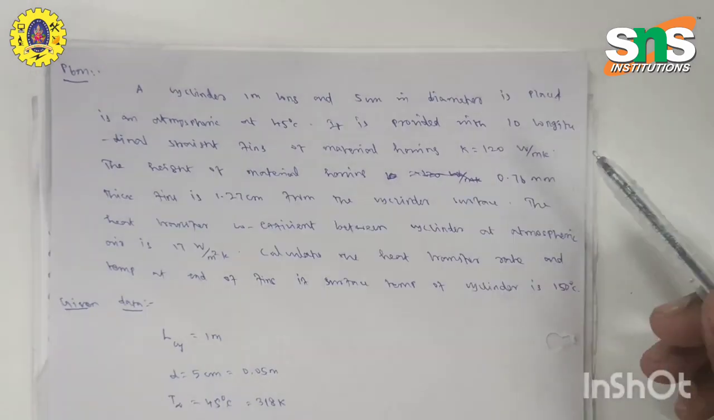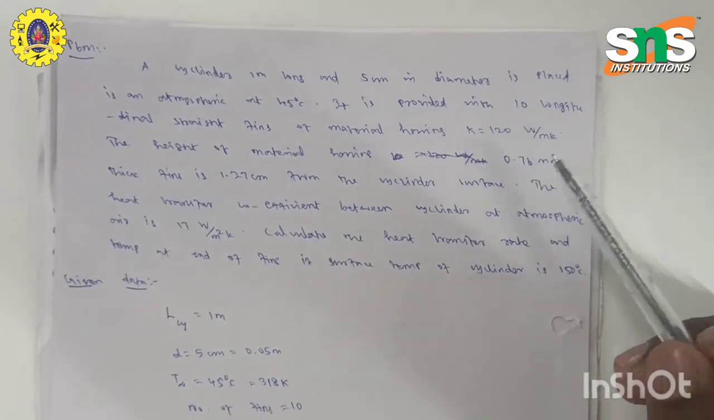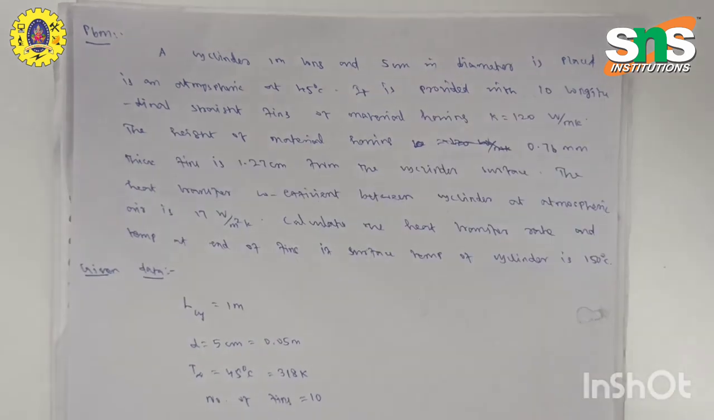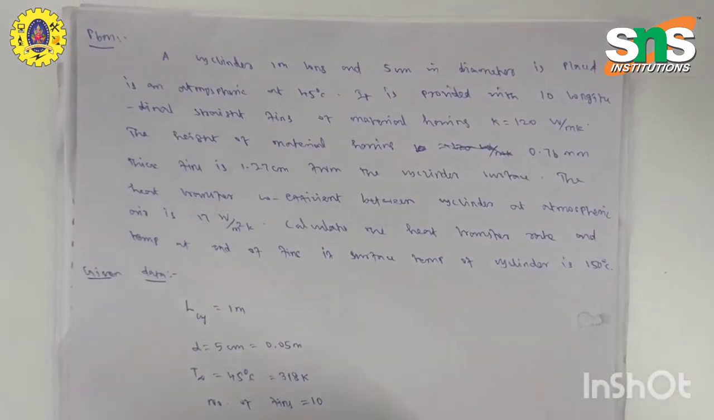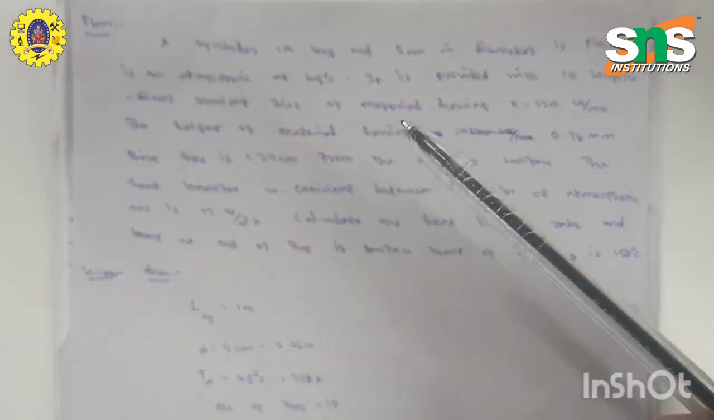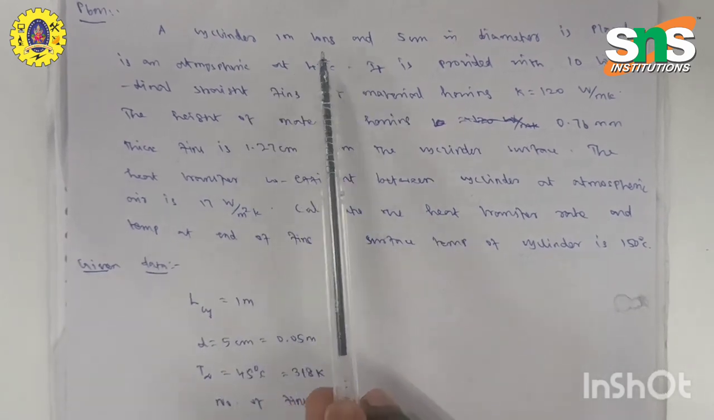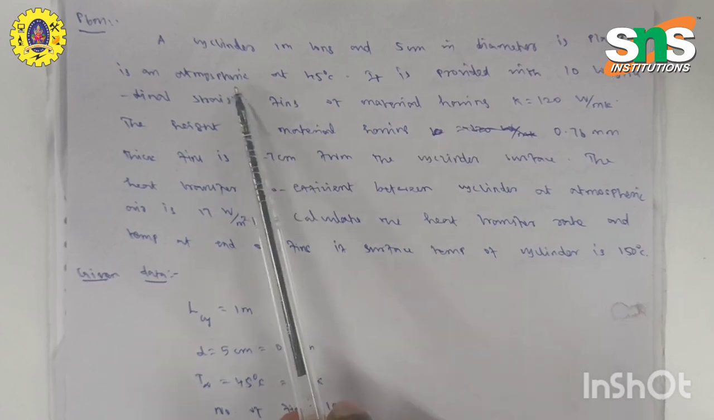This problem is focused on heat transfer in fin problems compared with a cylinder. In the last video we only focused on solved problems with fins alone. So this problem is: a cylinder 1 meter long and 5 centimeter diameter is placed in atmosphere